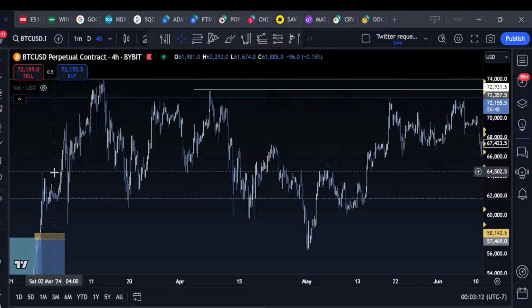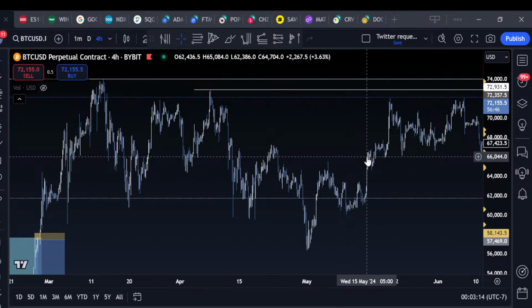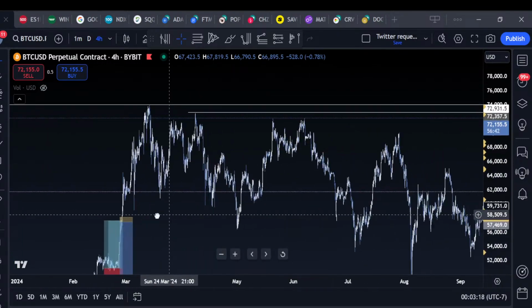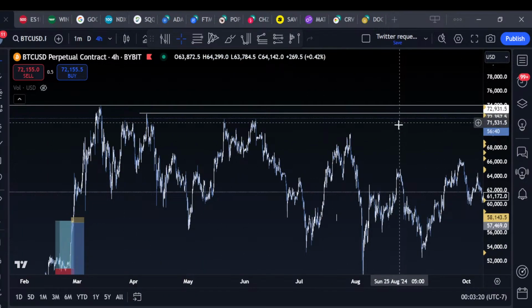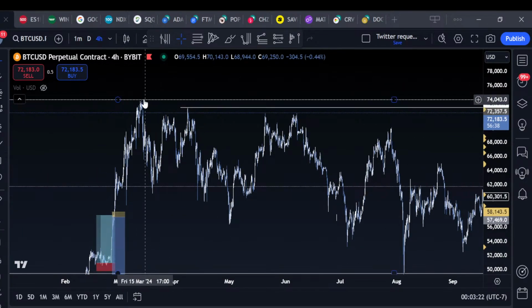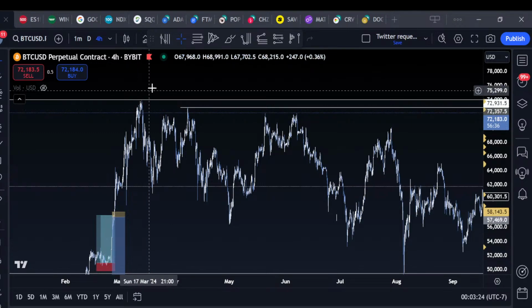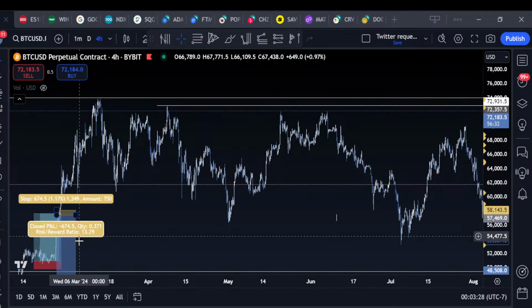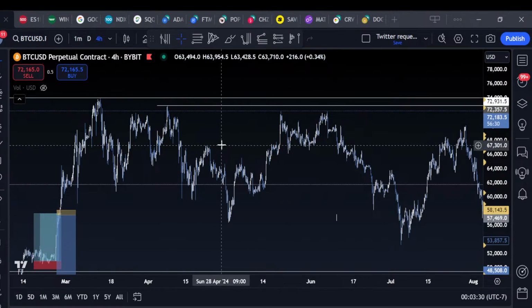So there's going to be people who have just been sitting long here with no defined risk for 10 months. Well, I've taken tons of trades in this, and they'll post if you're short that you're coping, even though you can just get back long if resistance breaks, and there's going to be plenty of opportunities to do so.